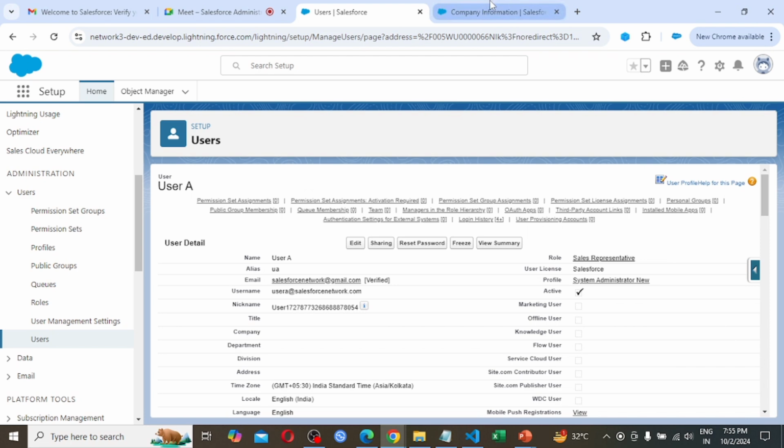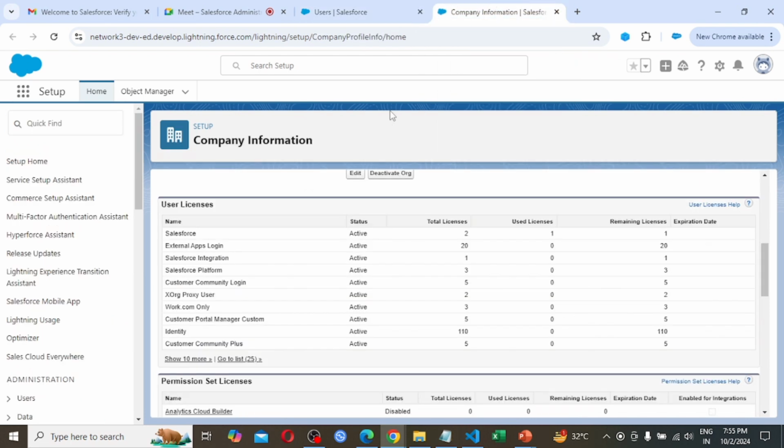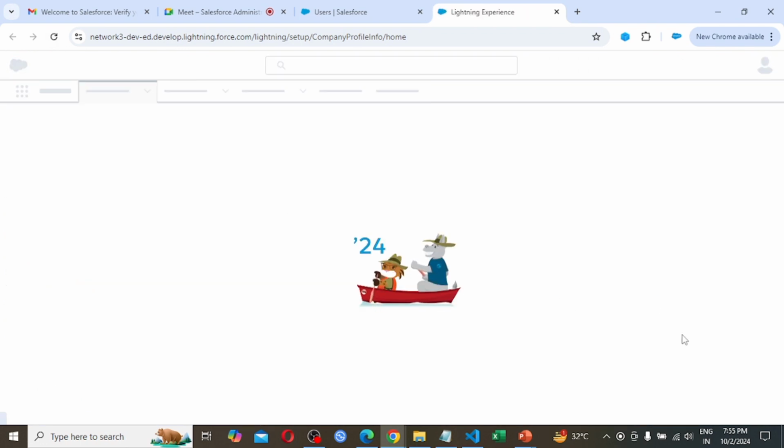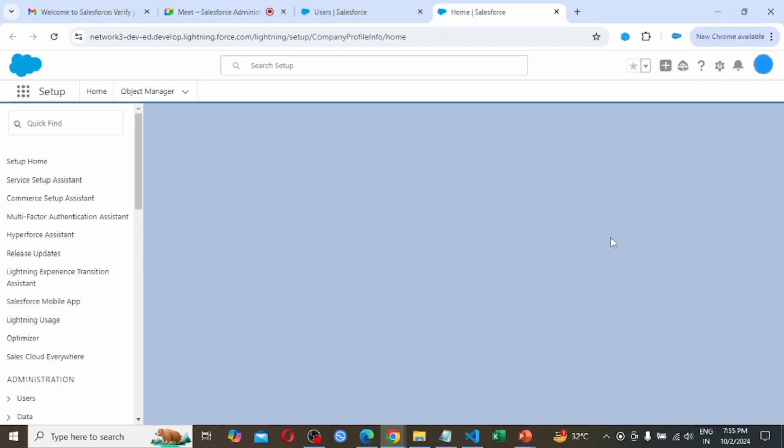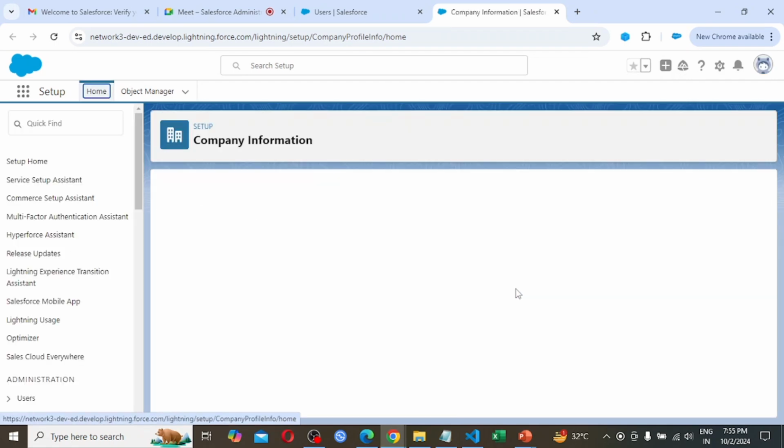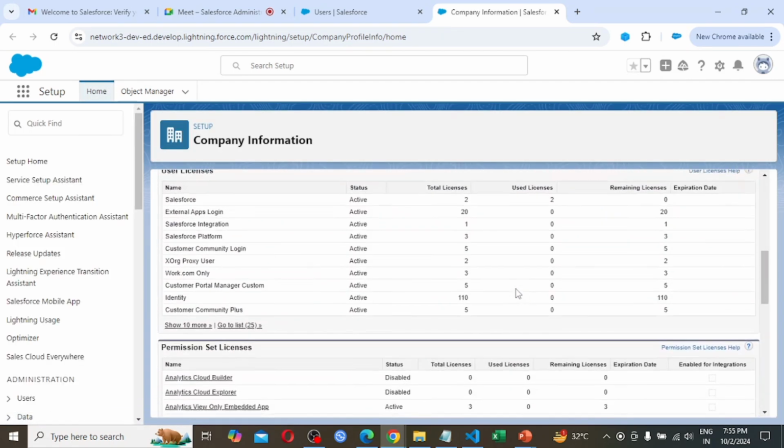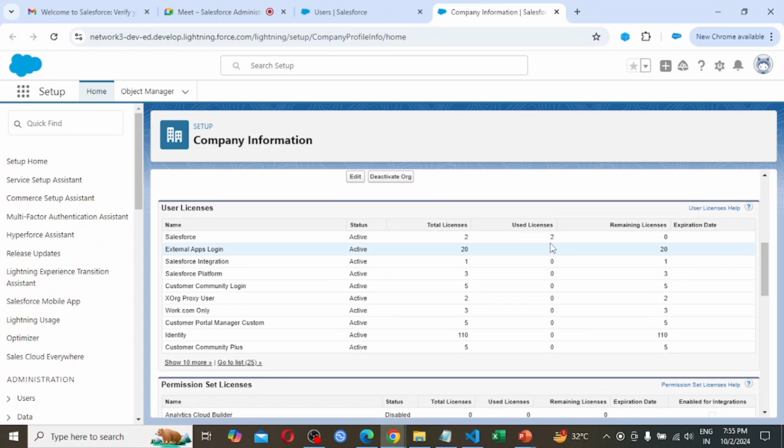So in this case he is able to log in, and also I want to show the license. So reload the page. See, used licenses is 2. There is no remaining license.